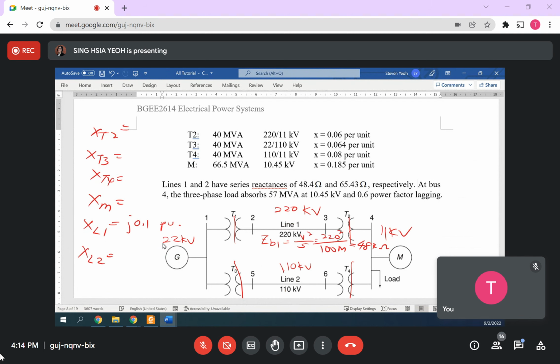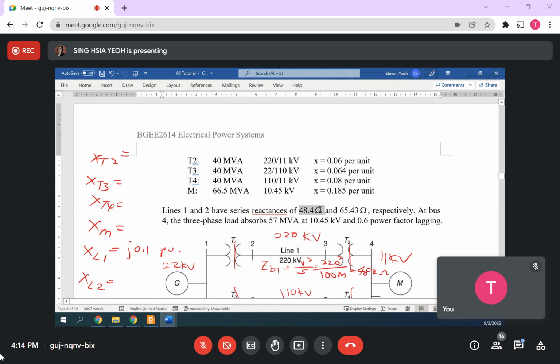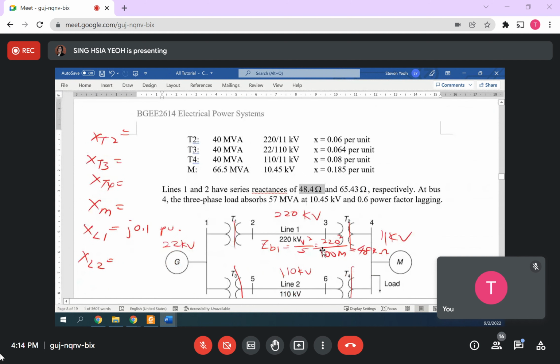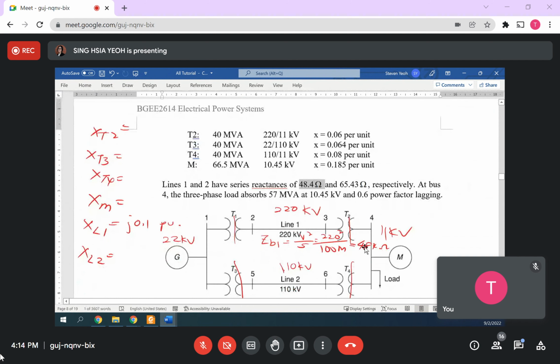So you use the actual 48.4 ohm divided by the base 484 ohms, then you get 0.1 pu. Okay, that's good. And line 2,